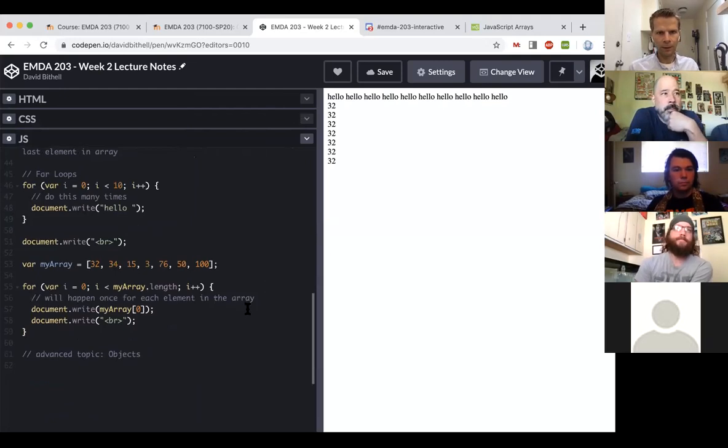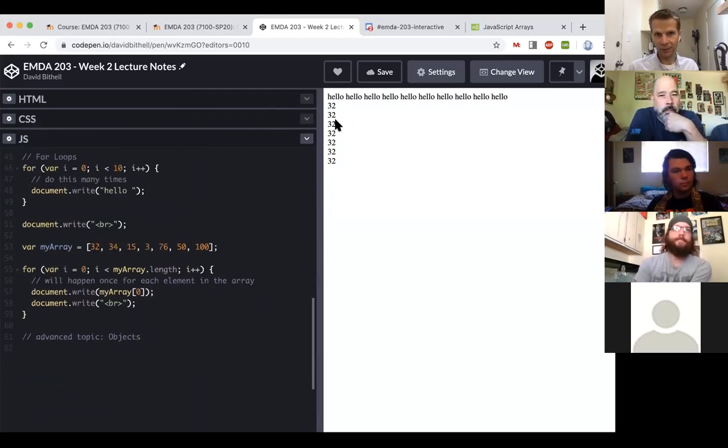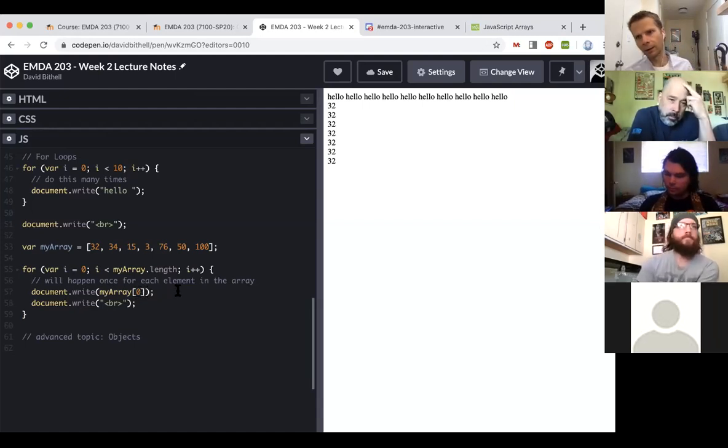It printed something 7 times, which is good, but it printed just the same one over and over again. You could kind of hope that since I put in 0, maybe the next time through it will automatically go up. But it's not going to do that unless we tell it to do that somehow on its own. And there's a nice way, a convenient sort of shortcut using a for loop, which is to use